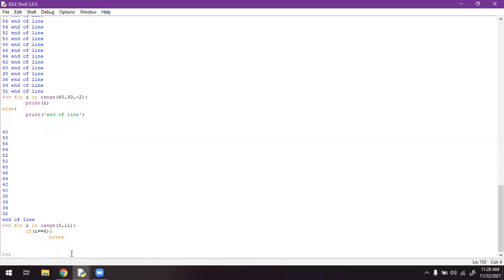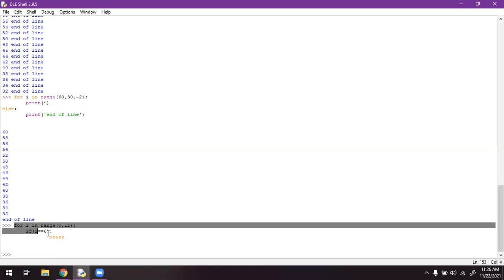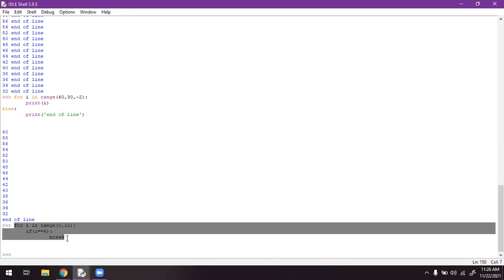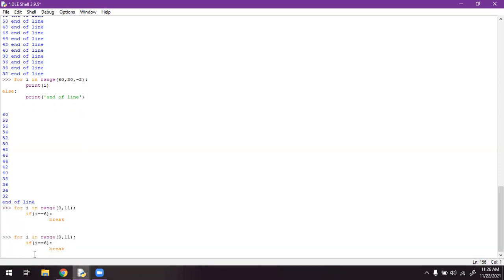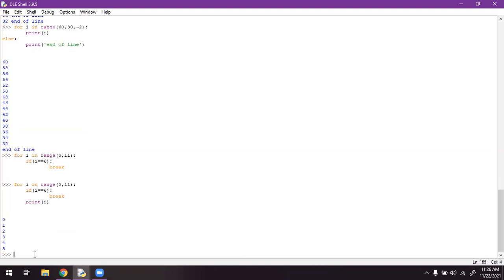Okay, let me run this. We have to print the numbers now, so we have to write print here. Control C, Control V, break, and then print i. Let me run this program.